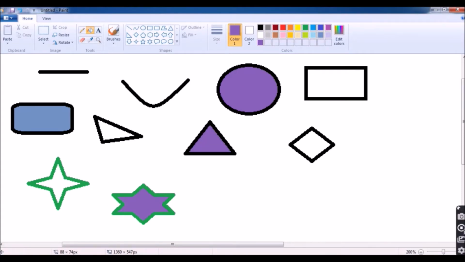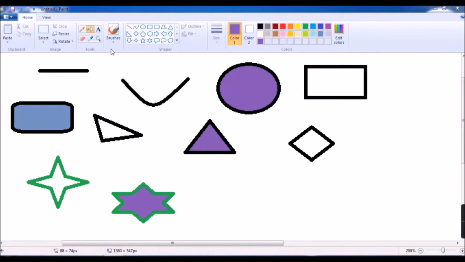See children, there is one more option. This is brushes. There are different types of brush to fill color in different ways. See, for example, if you select this one, airbrush. Click on that, select the color, then color the image. See, you can see the effect.